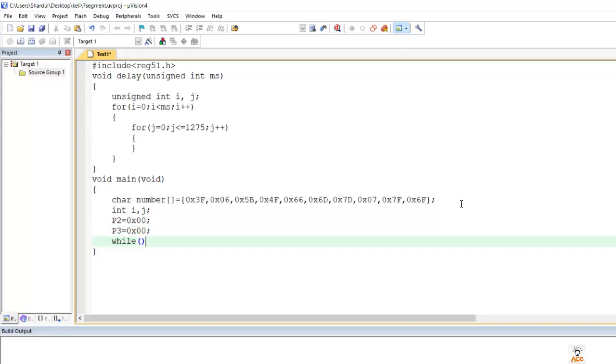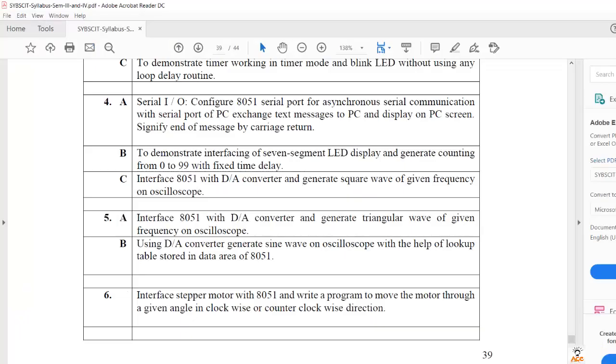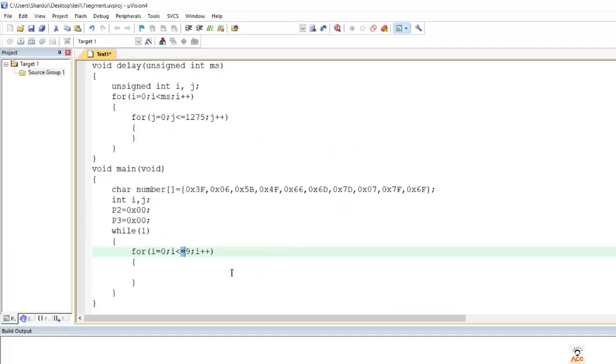Next we have to write a while loop over here, and inside this while loop we will have a for loop. The first one is i equal to 0, then i less than equal to 9, and then i plus plus. So this is my for loop, starting from 0 and going till 9, since in the question they have said till 99. So first i is equal to 0 and i less than equal to 9, then we'll have